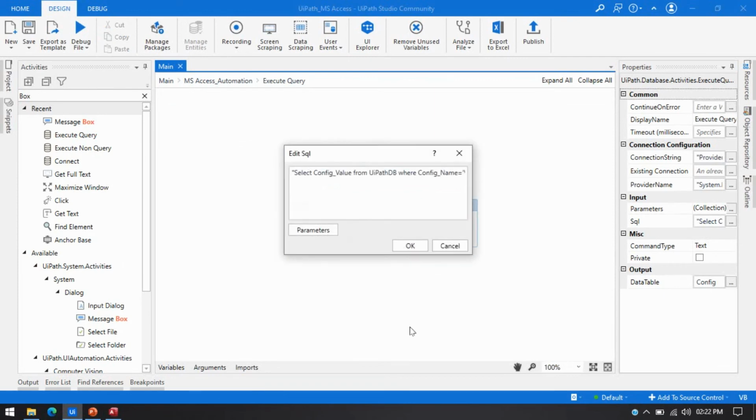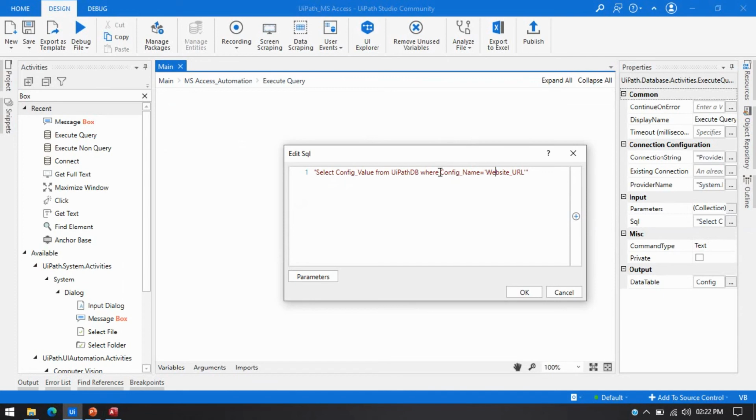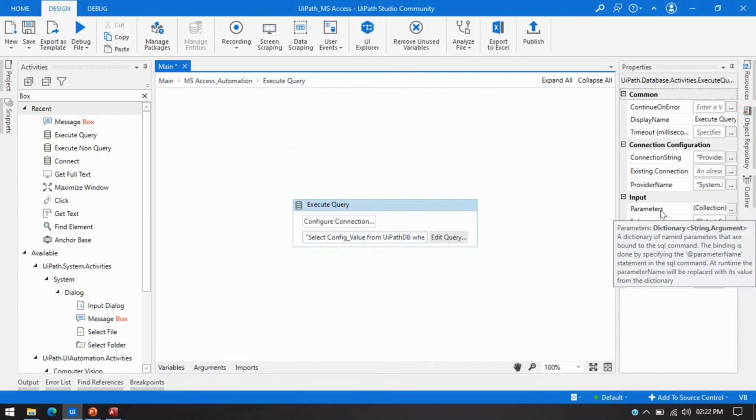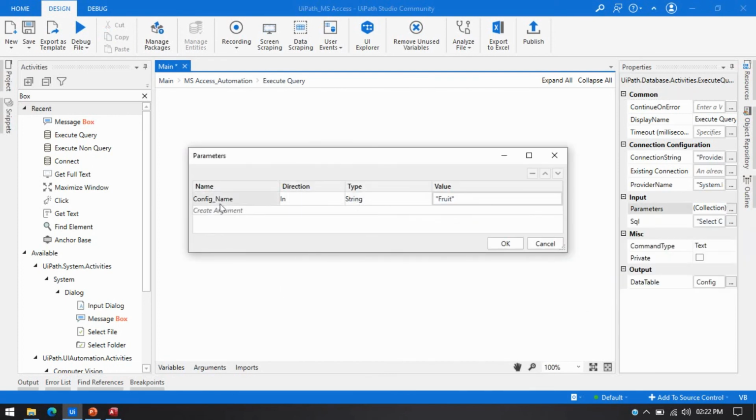So I have to click on edit query, and now instead of passing this website URL, delete this, and now we can use a parameter. For that we use add, this is @, and then we pass that config name, which is coming from this parameter, config_name.